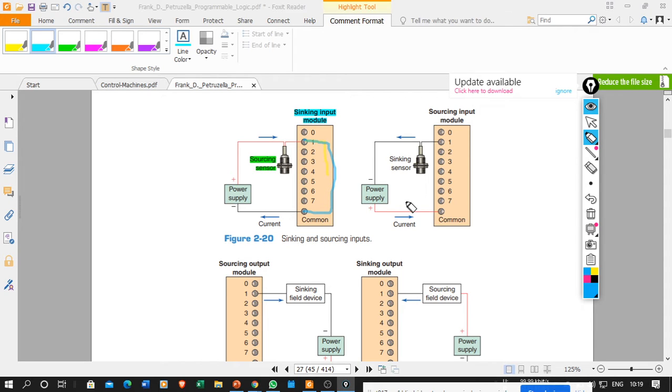Now in the second case I have changed the connection. How have I changed the connection? In the second case my negative is connected to the